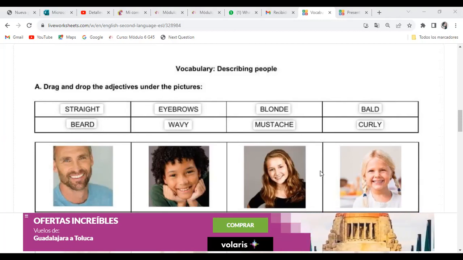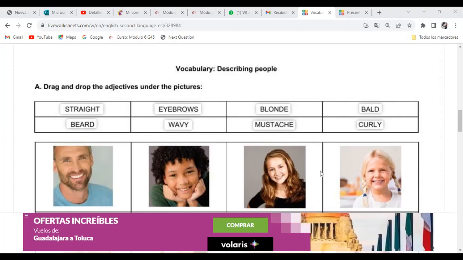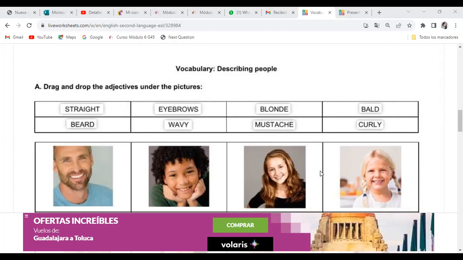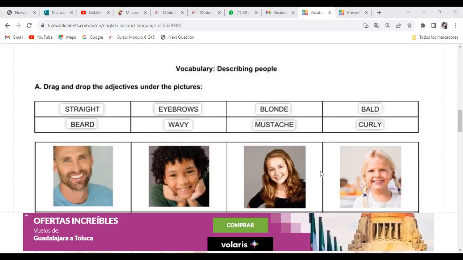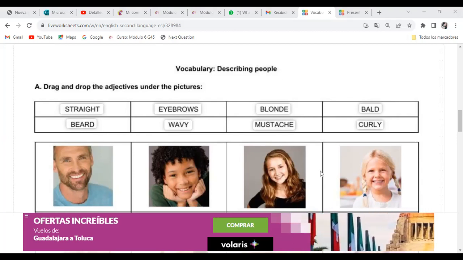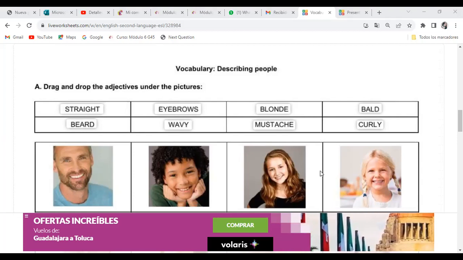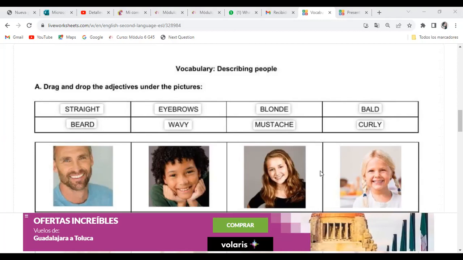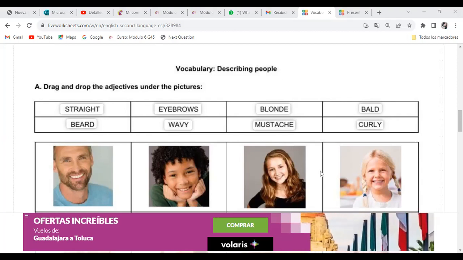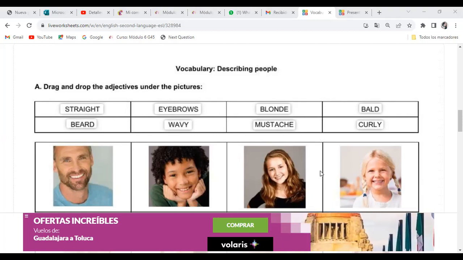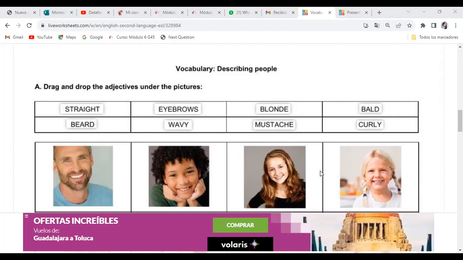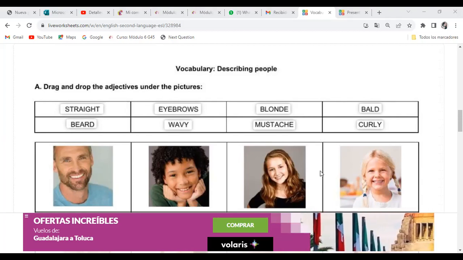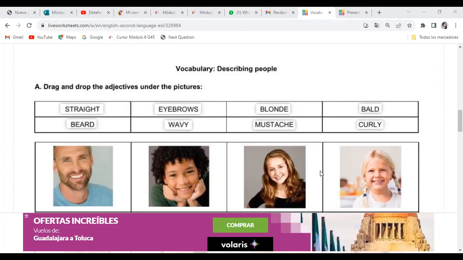Y what do you like? Aquí te preguntan por lo que te gusta, de manera muy general. What do you like? I like ice cream, I like pizza, I like doing sports, I like going to school, I like studying English, etc. ¿Qué es lo que te gusta? Ese es el significado de la última pregunta. Entonces veamos, la primera significa cómo eres físicamente, la segunda, cómo eres en términos de personalidad y la última, qué te gusta.